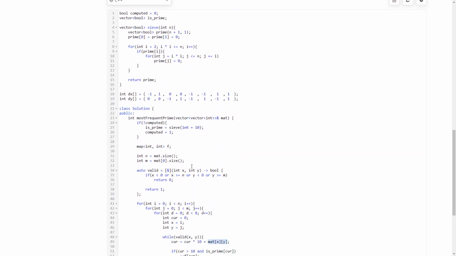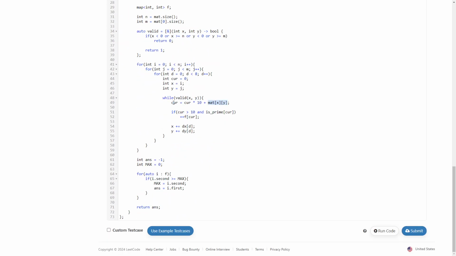So basically this will help me to find out the next number in the correct format. Now, if current value is greater than 10 and my current is a prime number, I'm going to increment its frequency and then update x by dx of d and y by dy of d. So this is how I'm traversing through all the directions and finding out the next possible values and incrementing